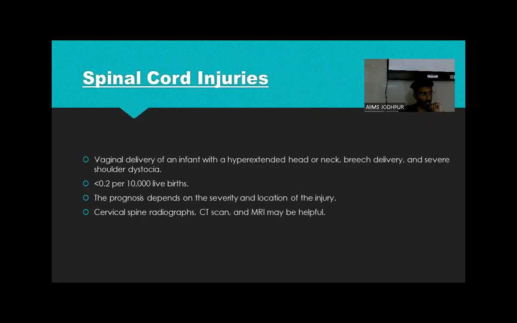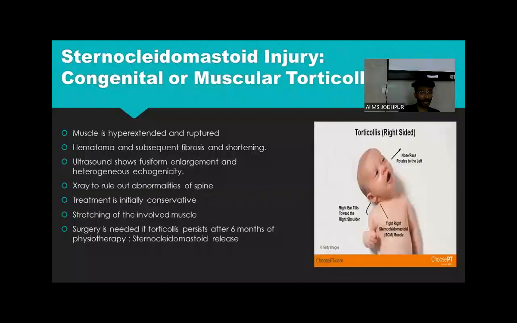Cervical spine radiographs, CT scan, and MRI may be helpful in the diagnosis. Now, last is the sternocleidomastoid injury, which usually presents as muscular or congenital torticollis, in which the muscle is hyperextended and ruptured, and hematoma formation and subsequent fibrosis occur. It is usually diagnosed by ultrasound. Fusiform enlargement and heterogeneous echogenicity is seen at the